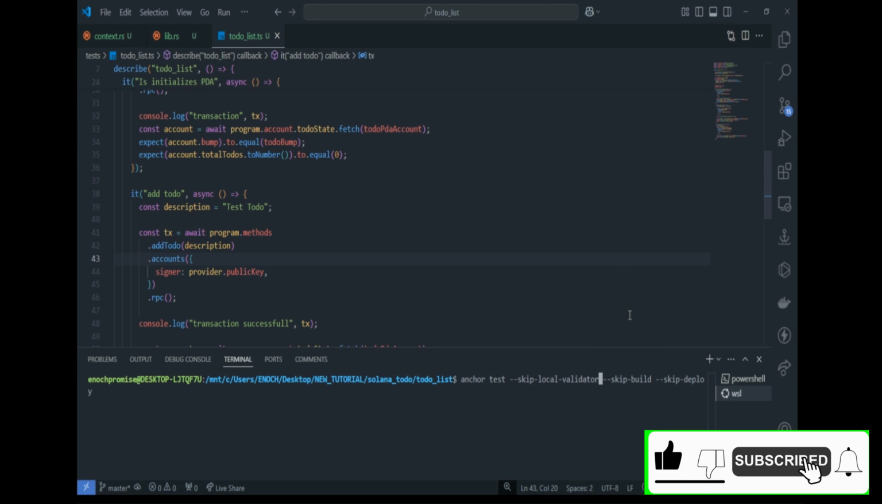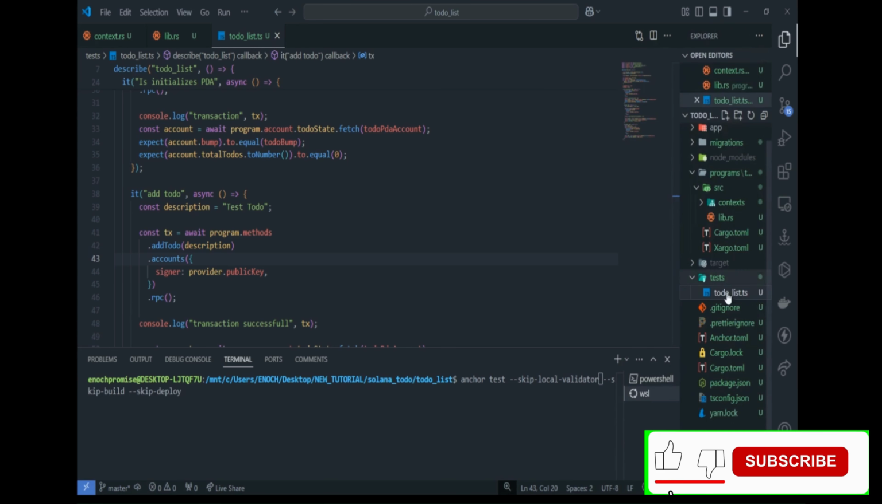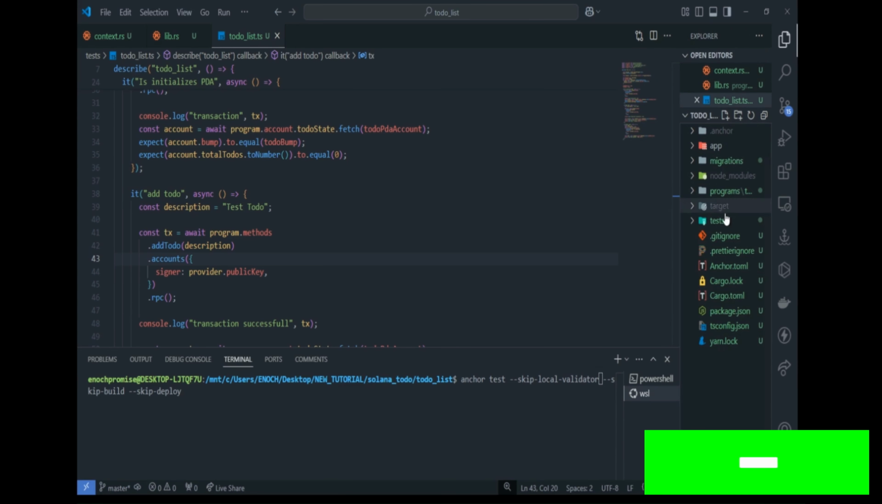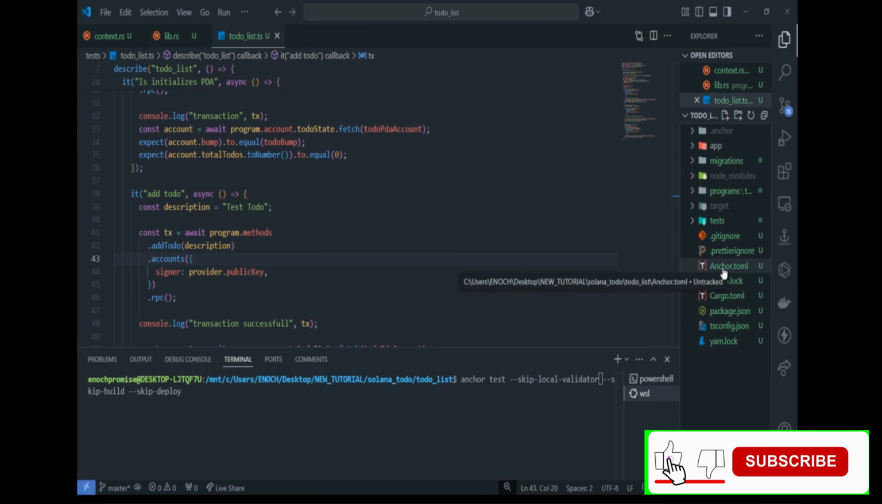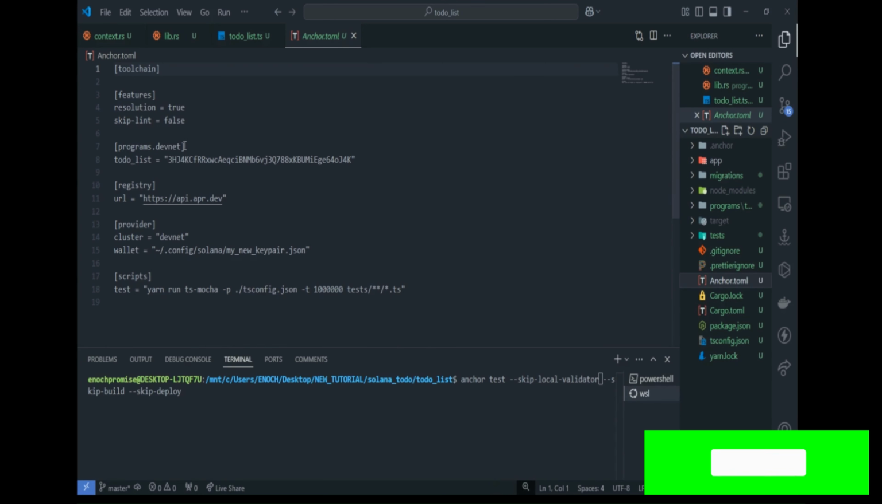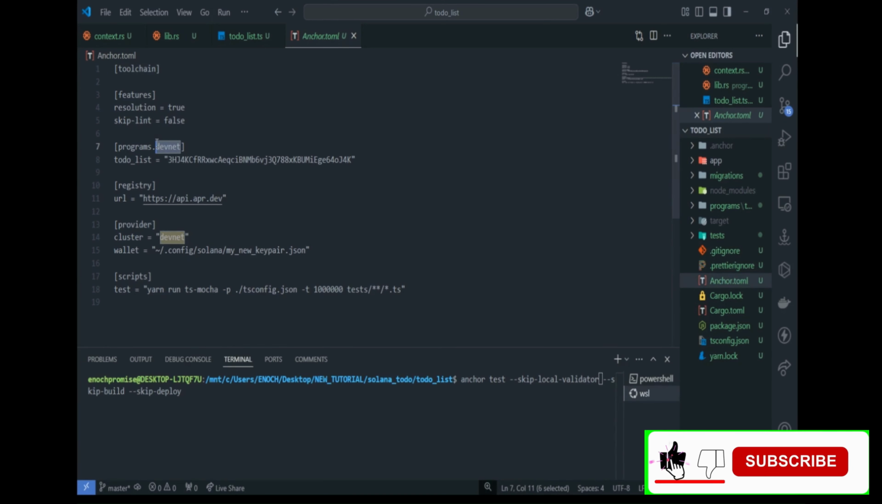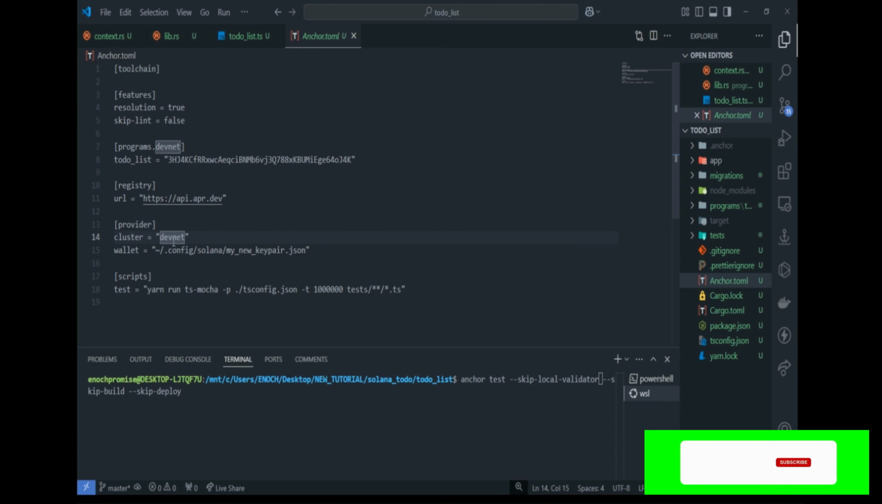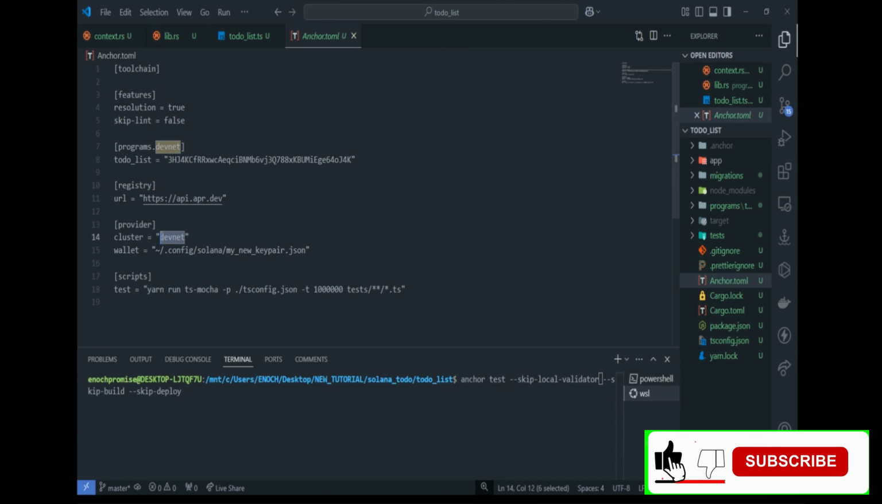On the devnet, I'm testing the program on the devnet, so I have to make changes to my Anchor.toml file, this file. I changed this. It was localnet, so I changed it to devnet, and I also changed this cluster to devnet, which will by default be localnet in yours. Because we initialized a new project, the initialized project comes with localnet. But I changed it to devnet, and I changed the cluster to devnet. Then before calling the anchor test,